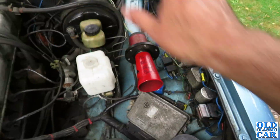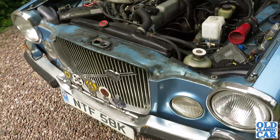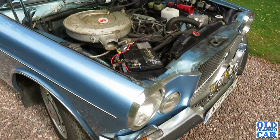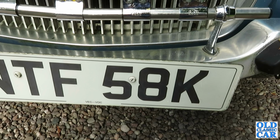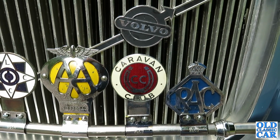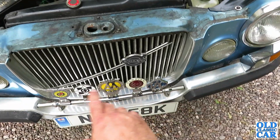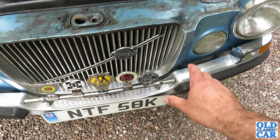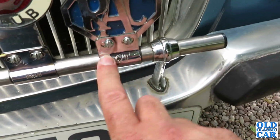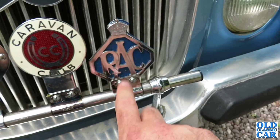I've tidied it up a little bit, cleaned it up a little bit here and there, but nothing too extreme. One of the first jobs I did, which was totally useless really, was all the badges on the front. It had four badges, not necessarily all these. Well, that one and that one were on it, and the others were Volvo clubs and things which I'm not even in. But all the screws were rusty, so I took all that apart, cleaned the bar up, cleaned up these original Desmo badge brackets, cleaned up the badges themselves, and put it all back together with new screws,